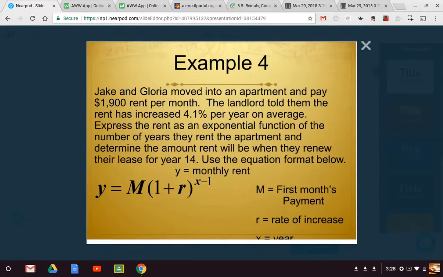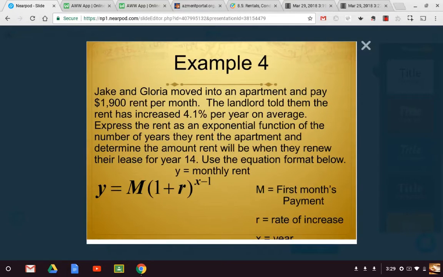Jake and Gloria moved into an apartment and they pay $1,900 per month for rent. The landlord told them that their rent is going to increase 4.1% on average each year. And we want to express this rent as an exponential function with the number of years they rent the apartment and determine the amount of rent they're going to have to pay if they renew their lease up to the